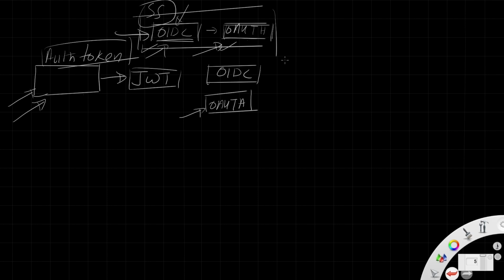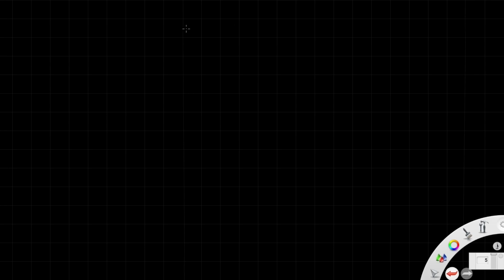So that's the comparison between OIDC and OAuth, more or less the same stuff. Now, a little bit about the auth token itself. The auth token is nothing but JSON information, a JSON Web Token, JWT. So what can we do with this token, what is the use of it? It acts like an API key.